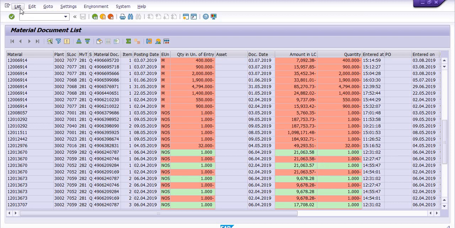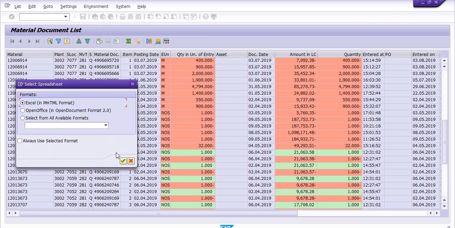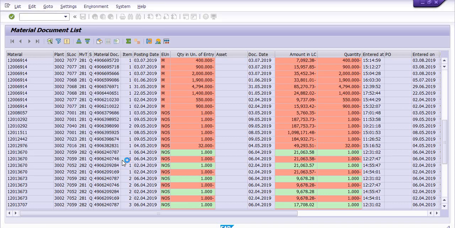You can export this data in the spreadsheet.